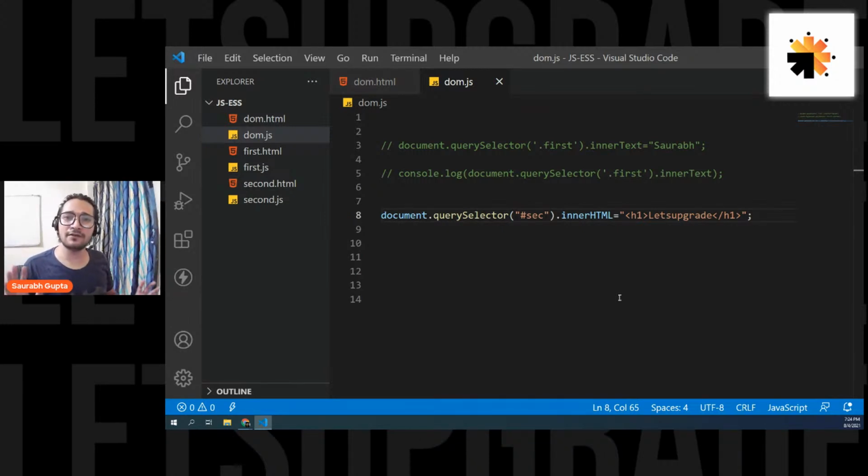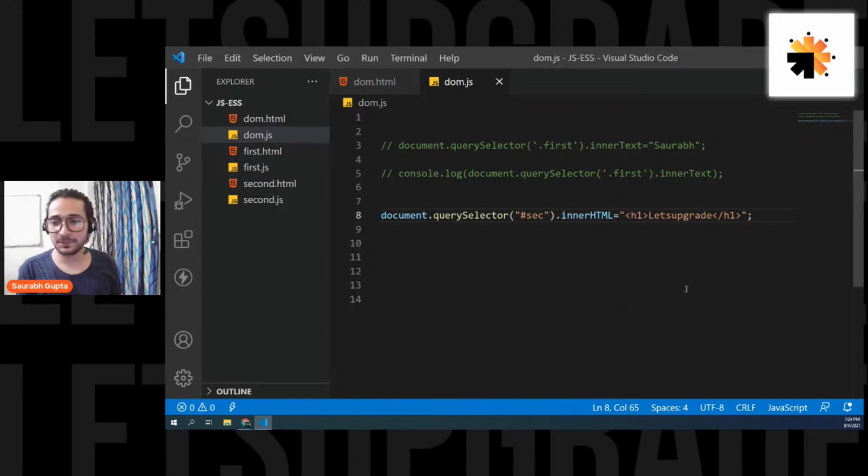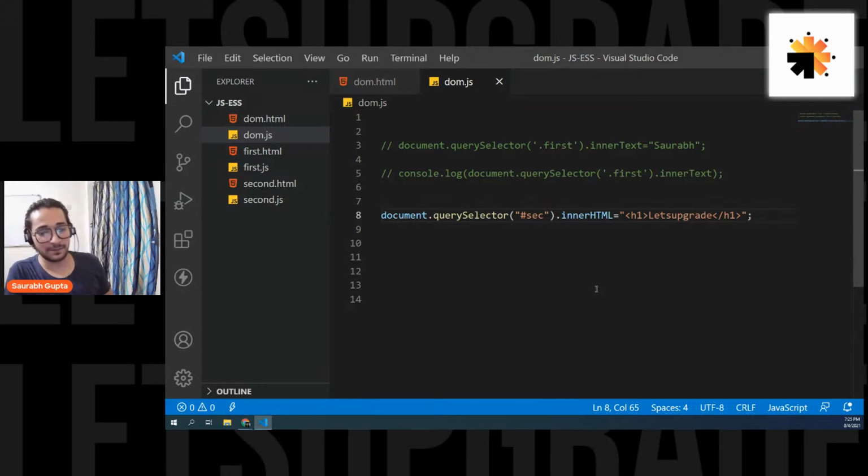Now I hope everyone understood the difference between inner text and inner HTML. Is that clear, everyone? Okay, I hope it is clear to everyone now. Guys, please tell me, are we clear with this? Yes, Fiona, you're correct. Yes, if we add it, it will work, definitely. Inner text treats text, whereas inner HTML understands what is text and what is tag. Yep, Bishan, you're correct.